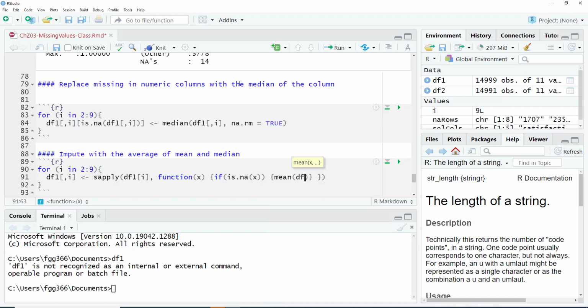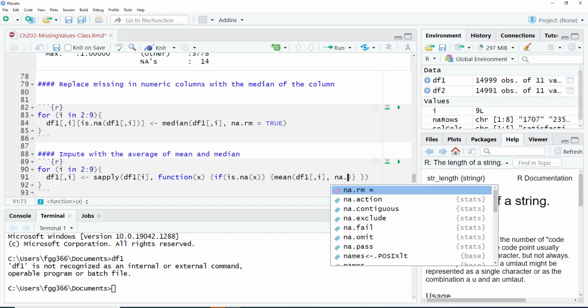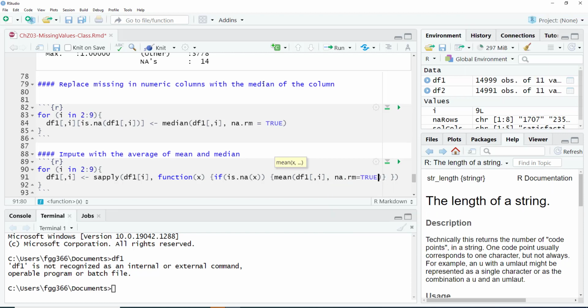But that's not what we want. We'll change that in just a second. So df1[, i]. This is going to go to the original data frame, take the ith column and compute the mean. And of course for mean you have to say na.rm equal to TRUE. So that's if the condition is true.